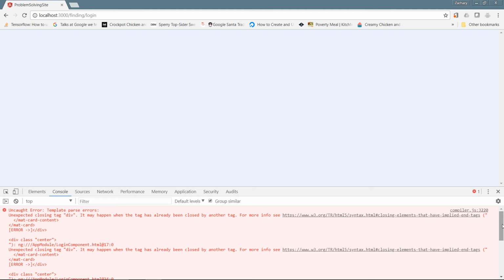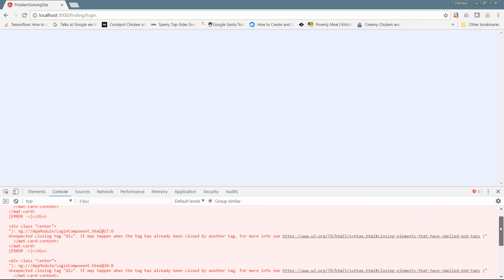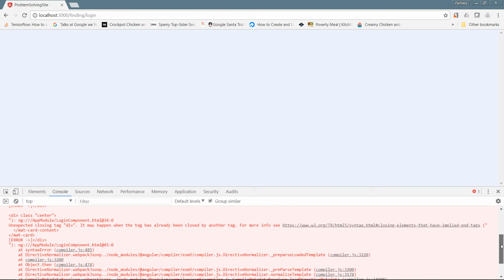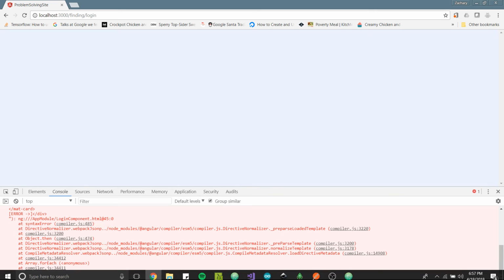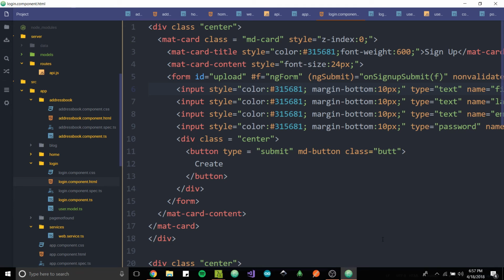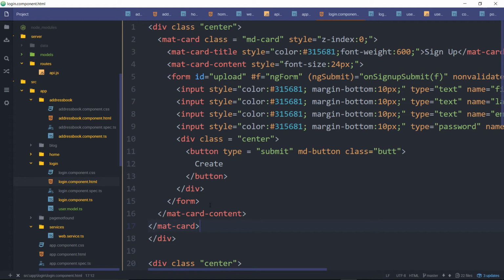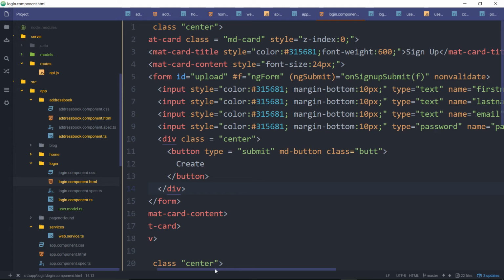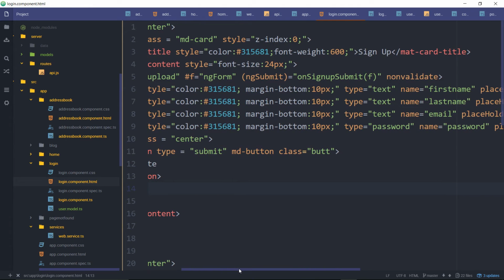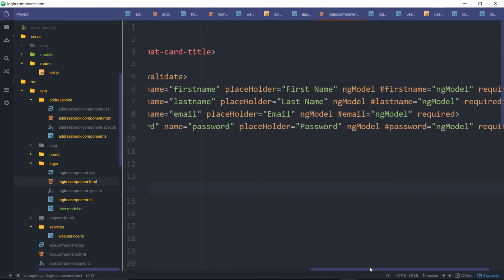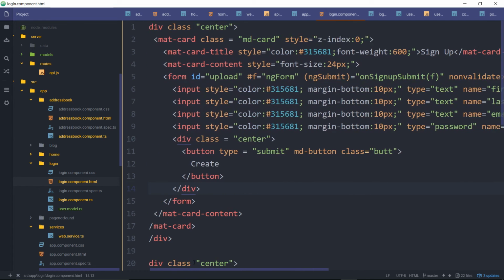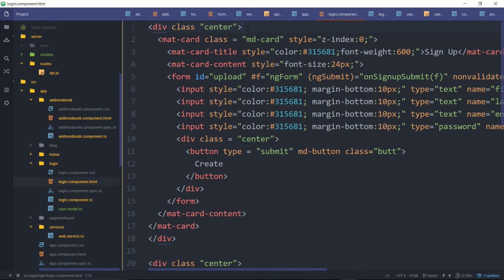Okay, so MD card content, Mac content, div. So it keeps saying it almost after every Mac card, but it usually means something else. So let me try to find it. If I can't,